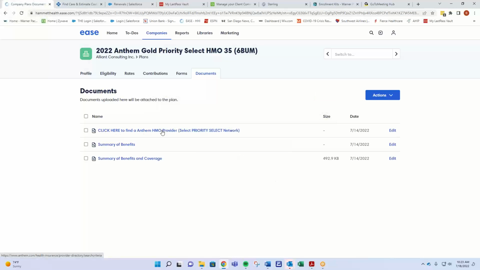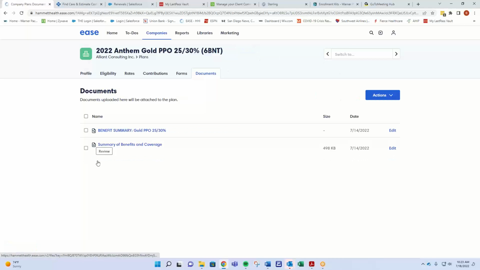So now it's a much bigger, better looking link that really clearly says what it is. Online provider directory, to somebody that doesn't really know insurance, to me and you, sounds perfectly obvious what it is, but we can't ever assume any of these people have any real experience with health insurance. So once we get into here,